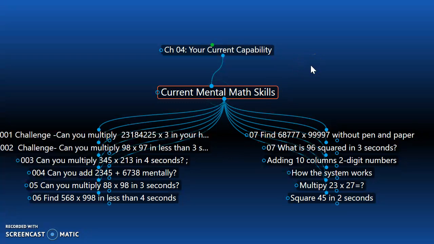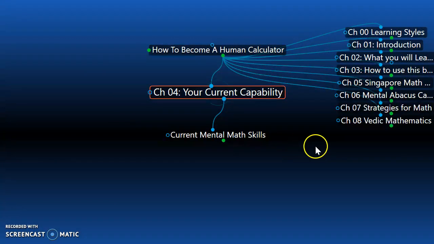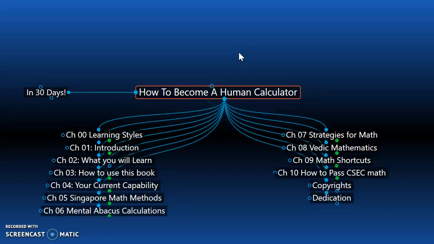And I mentioned that you should not feel discouraged if you were unable to do these calculations, because these calculations you will learn in a very short space of time through videos that are about 4 to 5 minutes long, showing you step by step how to do the calculations. And at the end of the day, you will have acquired the ability to become a human calculator.